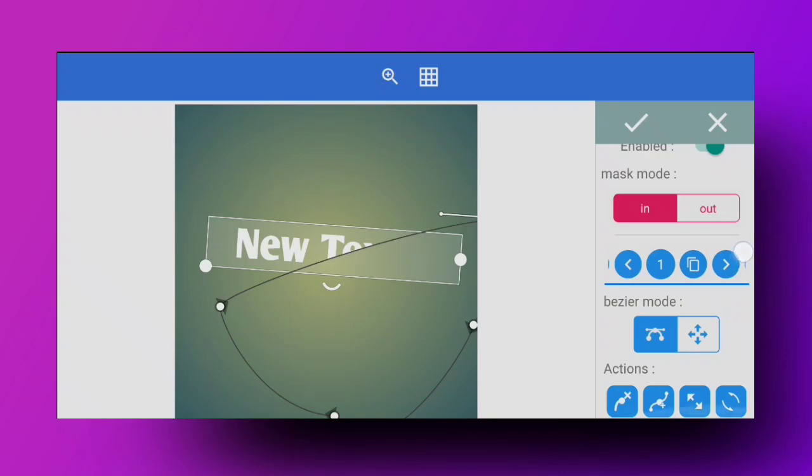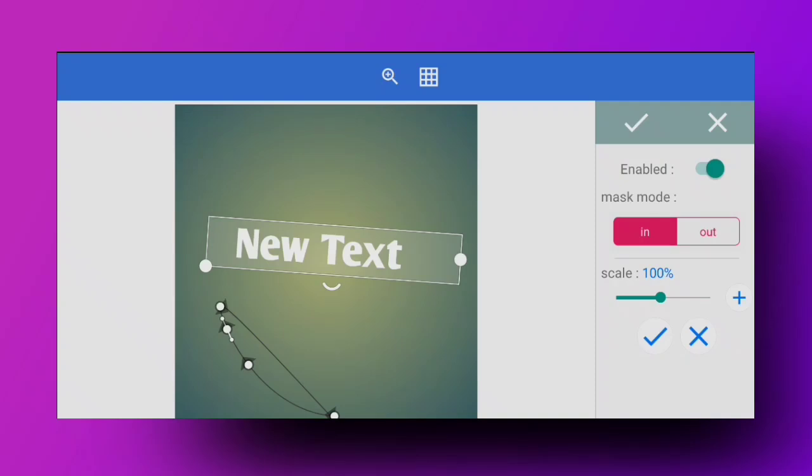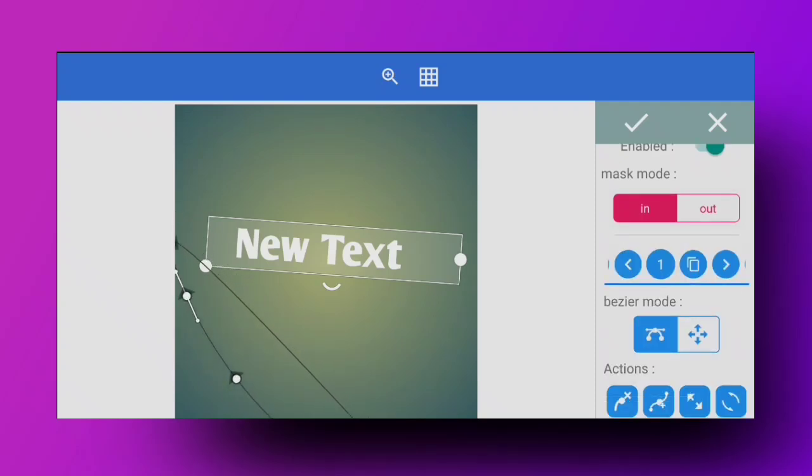So this is basically how it works. You can chop in between, you can select what you want and what you don't want with these tools, and there are also many more action tools available right below. You can decrease the number of knots, you can add knots if you want, and you can scale the effect up or down.